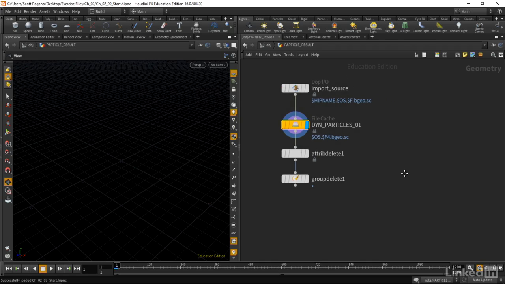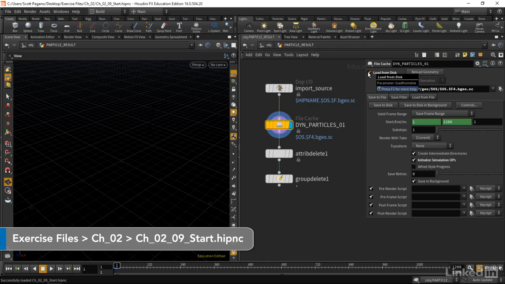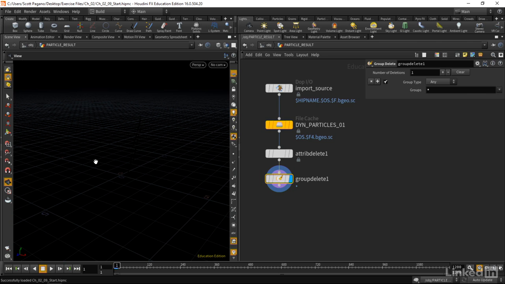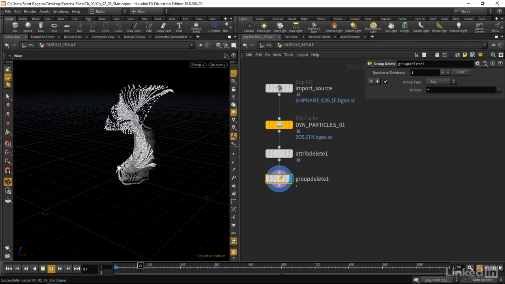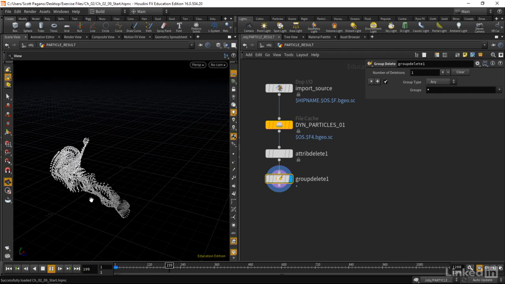All right, so now we've cached out our particles. I'm gonna open up the parameters, make sure load from disk is on. I'm gonna go down to the group delete here and let's play back our sim. And cool, we've got this really pretty languid particle system that is emitting from the leading edges of our trails